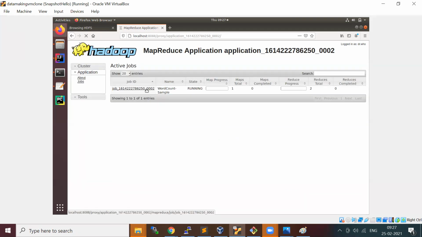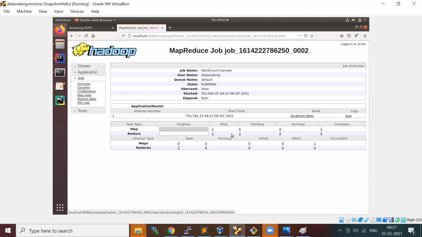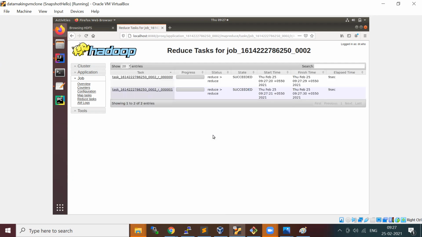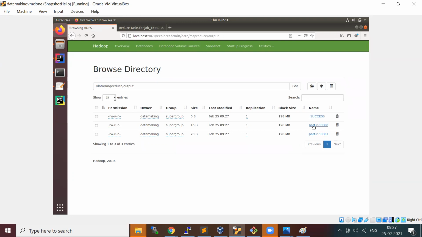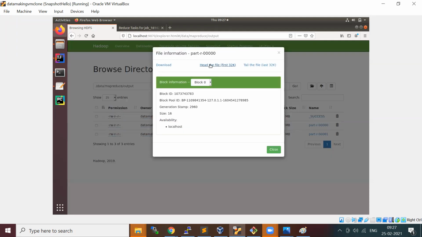Only one mapper is running, since it is a very small file. I have two reduce tasks running because we mentioned two reduce tasks. It has succeeded. If you go to the output directory, you see one file for reducer one, another file for reducer two.